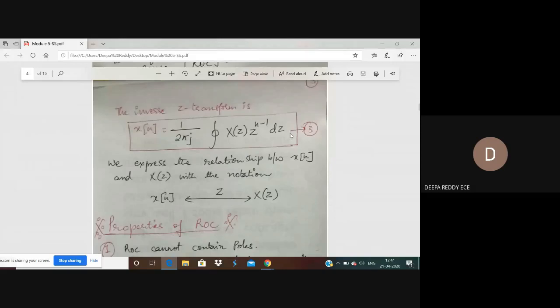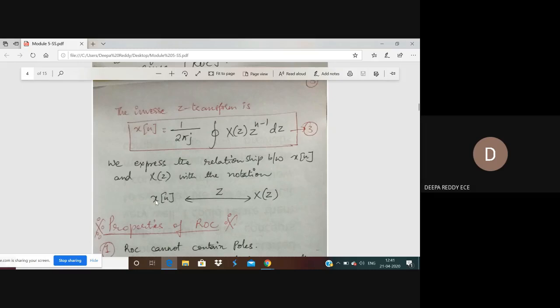You will just remember the expression, but most of the numericals which we discuss in inverse Z transform, we will try to solve by partial fraction expansion, and then later on simplification, come up with the inverse. Because integrating over a closed contour is a little tedious, we'll be using partial fraction expansion. But we have to know the definition, so that is why we have written the definition of inverse Z transform.